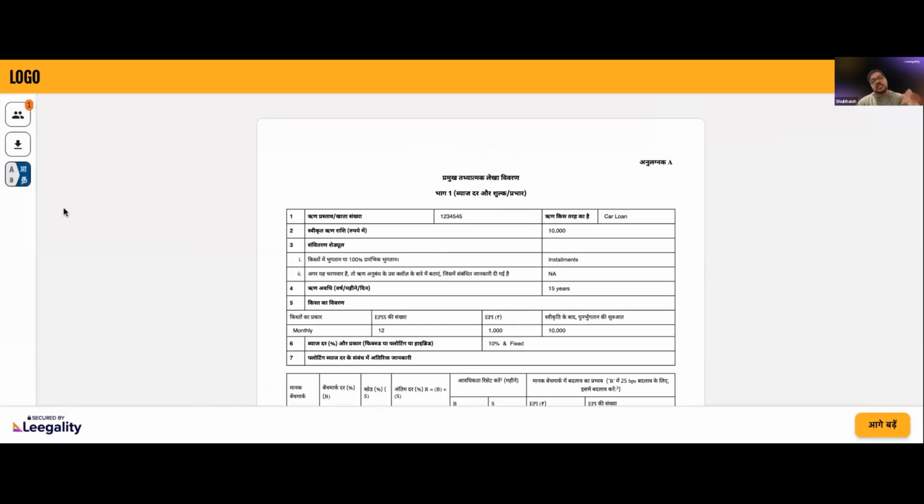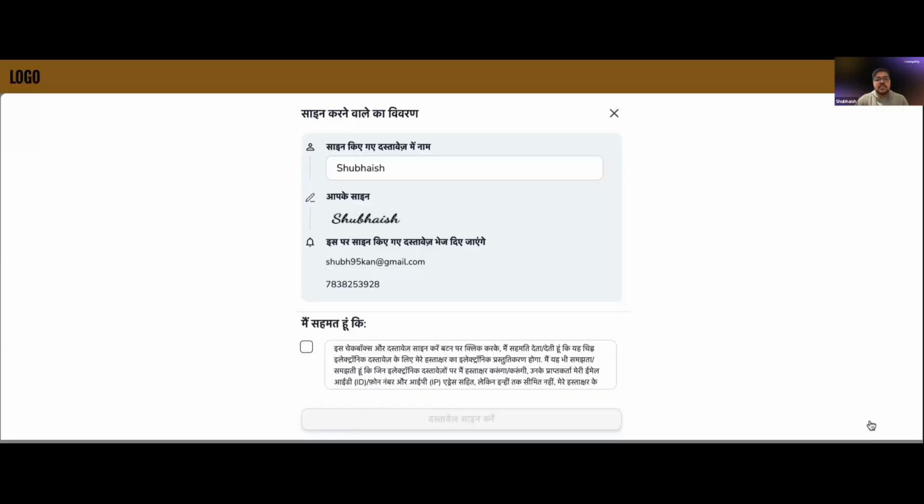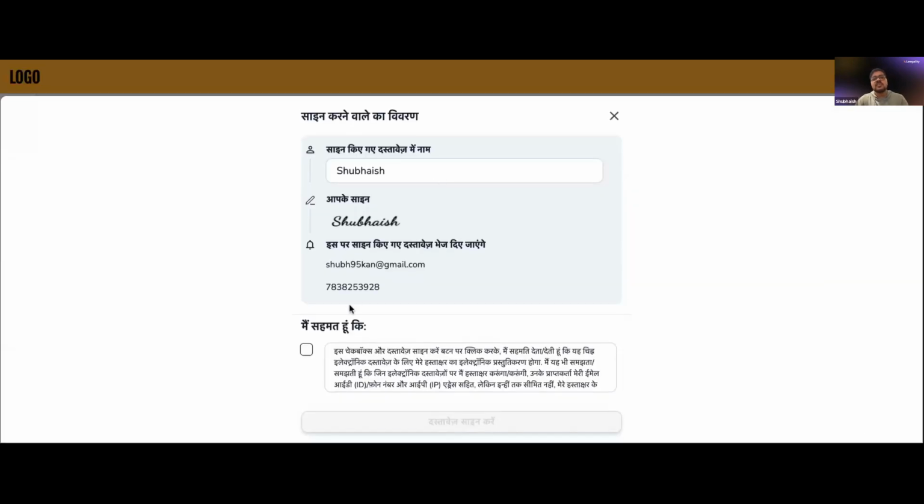And let's say if in the previous step somebody selected the wrong language, they can at any point of time change the language of the interface as per their liking. So I'll just click on Aage Badhe, and as soon as I do that, it's giving me the e-sign quick sign option wherein it's gonna put this name as an acknowledgement onto this KFS. So I need to click on this e-sign consent, and if you can see, even the e-sign consent is in Hindi. So the person who's acknowledging your KFS knows exactly what they're doing at any given point of time till the last step.